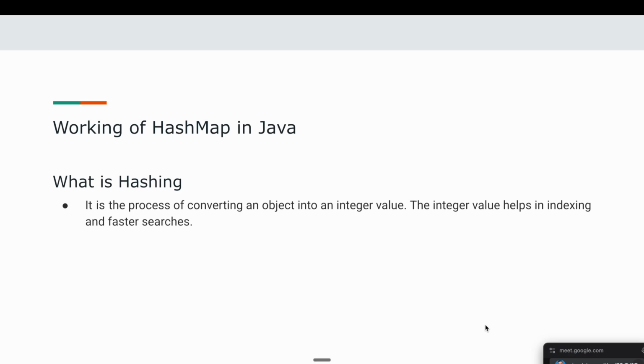Hashing is nothing but converting an object into an integer value, because when we create any object, it gives you a hash value which is an integer value, and that integer value helps in indexing. With that integer value we find the index, go to that index and save the data. Similarly, while fetching the data we find that index, go to that index, get the data and return it. So it makes our search faster also,